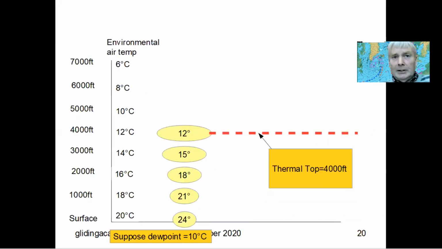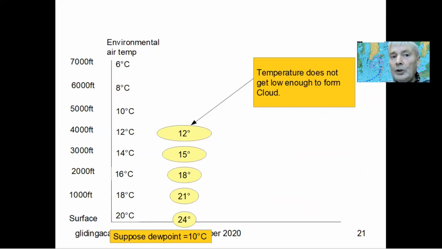Now if we come back to our question, if I were to assume that the air at the surface in our example had a dew point of 10 degrees, what that would mean is if you could take that particular parcel of air and cool it to 10 degrees, it would saturate. But as you can see from the diagram, that's not going to happen because the air only gets cooled to 12 degrees. So it hasn't reached its dew point, and therefore it hasn't saturated. So in these circumstances, no cloud is formed,